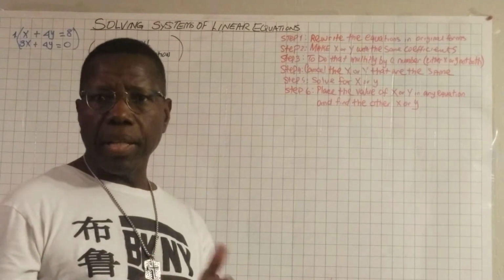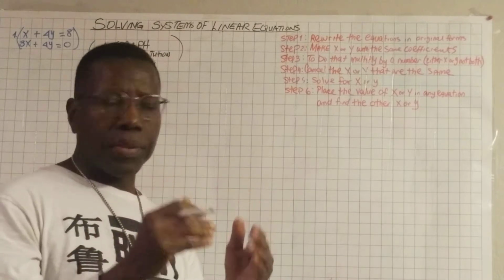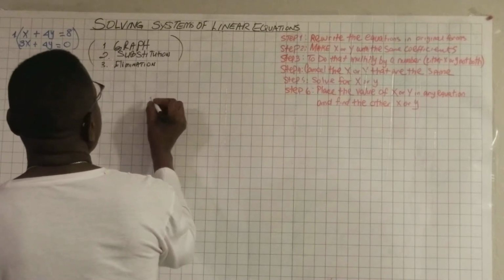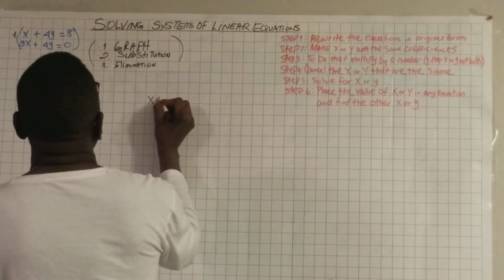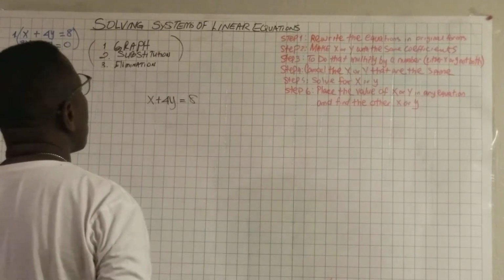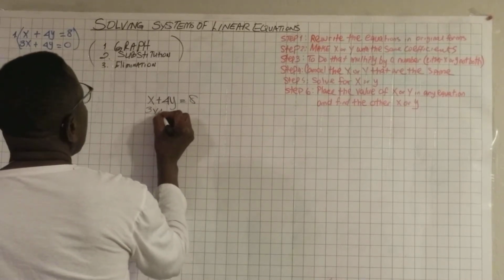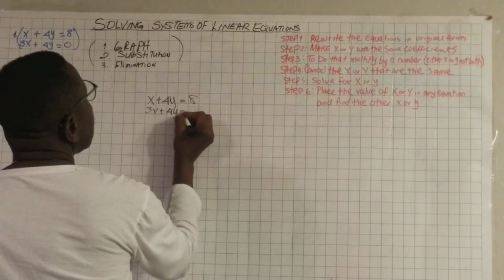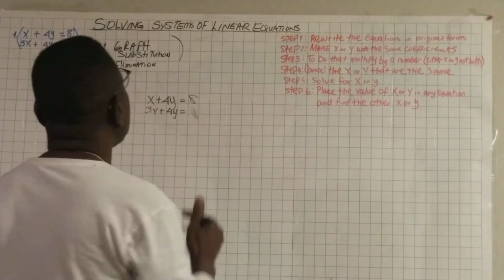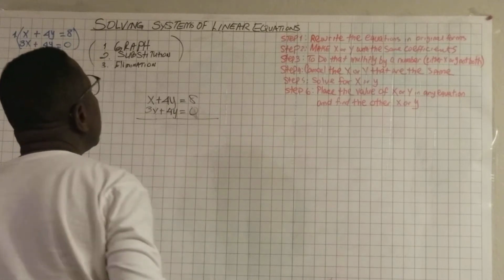So let's go ahead and take the equation that we used before, use that as an example to do this. So we have two equations here. We have x plus 4y is equal to 8. We write our equations in the original form. Then we have 3x plus 4y is equal to 0. And these are the two equations. Gotta draw a line. And then we're gonna say,